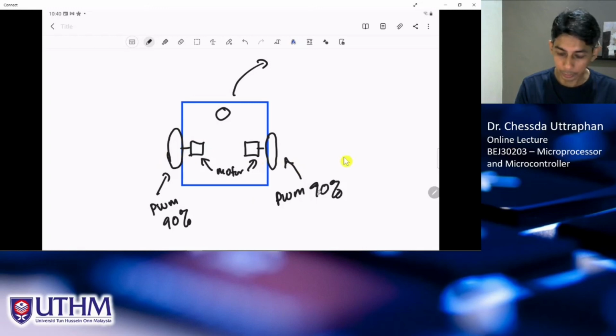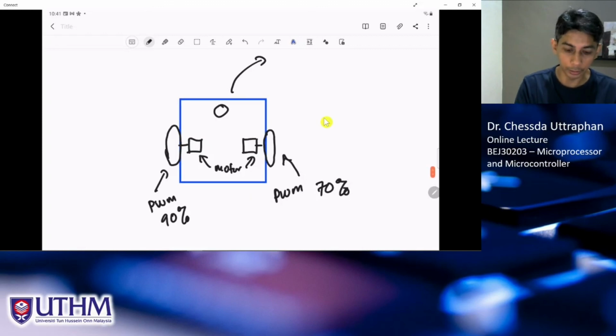So for example, we slow down the speed of this motor so that instead of 90, now we reduce to 70%. So the right wheel will move slower, and this one is faster. Of course, your robot will turn to the right, because this one is slower compared to this one. So it will move the robot